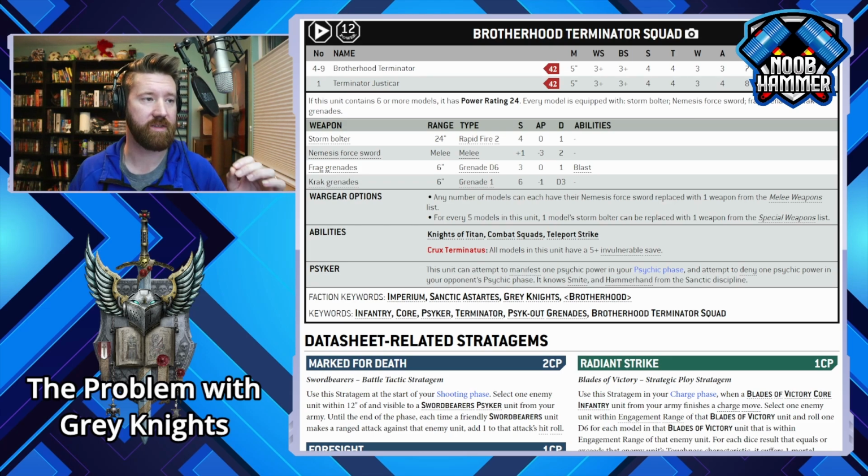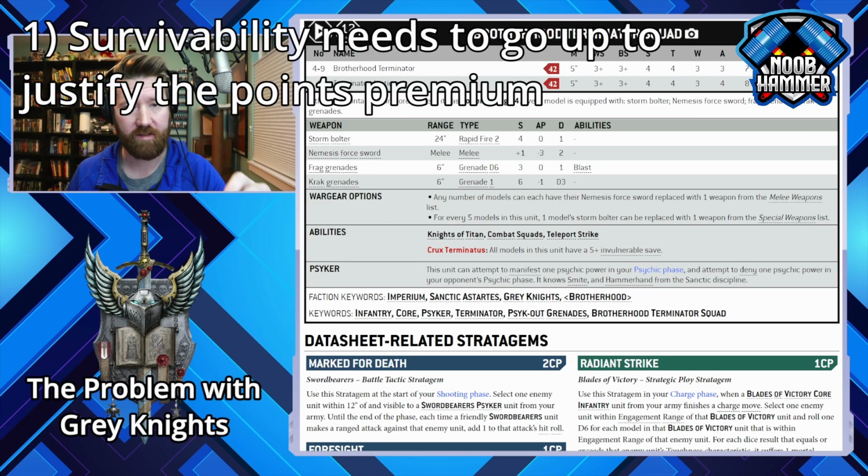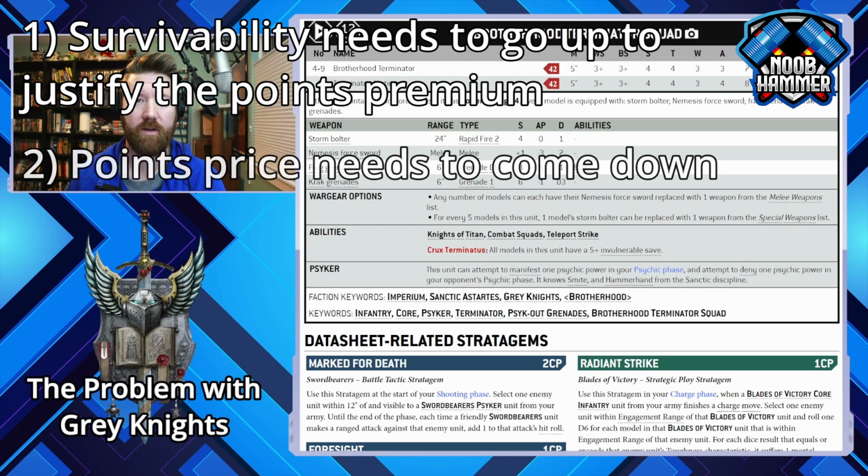Something needs to be done to either increase their survivability, like maybe give 4-ups across the board for all of our Terminators, or the cost needs to be dropped significantly by 4 to 5 points per model, or they will not see competitive play. Another thing I want to complain about is another one of our Terminator options,